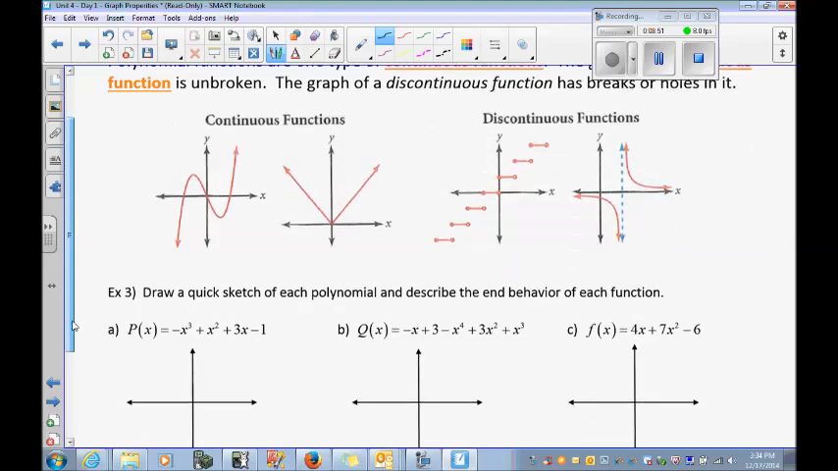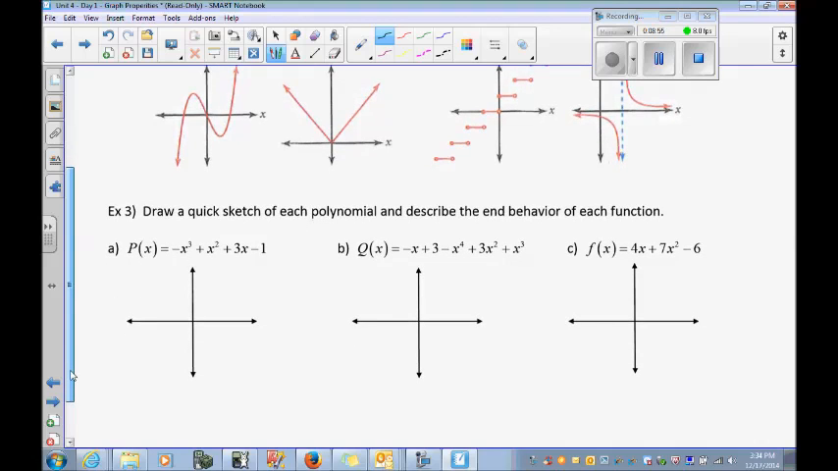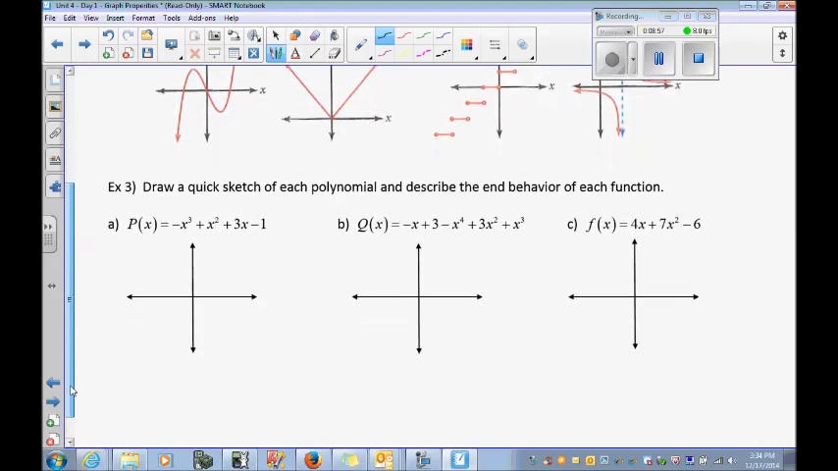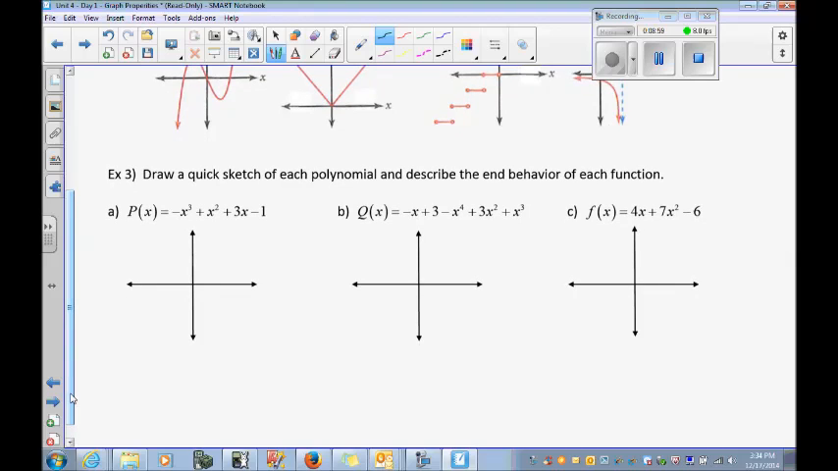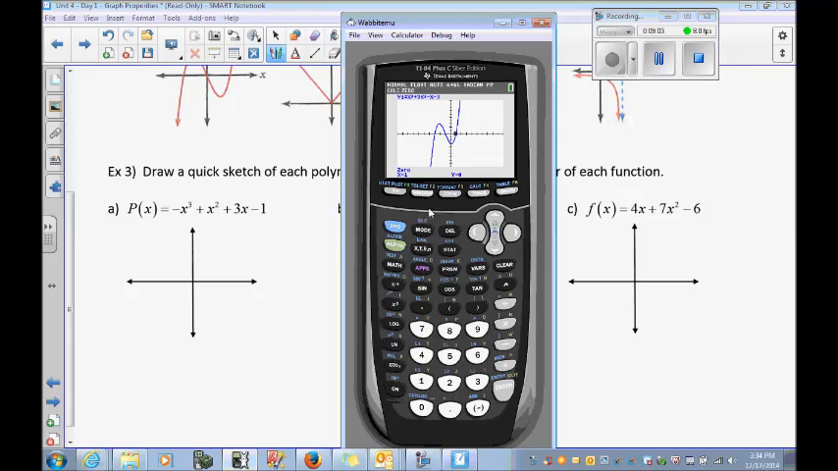Let's come down to exercise 3. Draw a quick sketch of each polynomial and describe the end behavior of each function. So now we're asked about end behavior. Let's look at our first polynomial. Let's bring our calculator back up. Go to our stat plot, y equals, clear out what's in here. And this says negative x cubed plus x squared